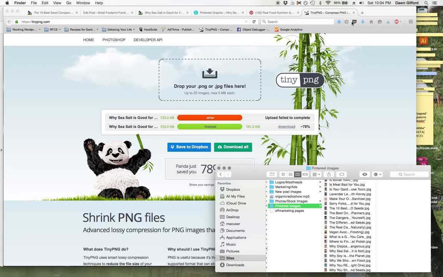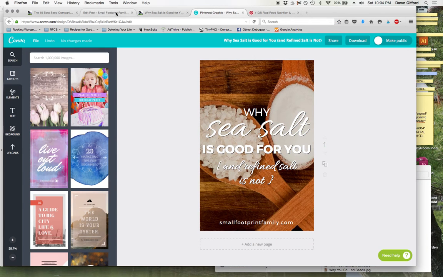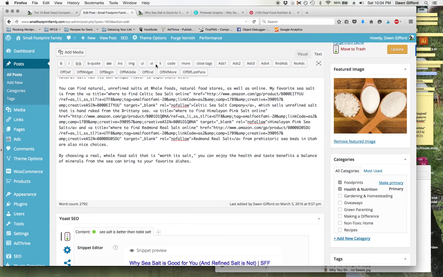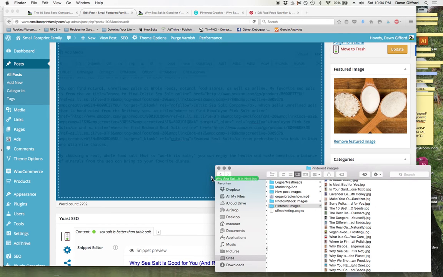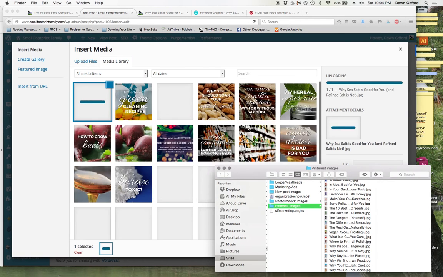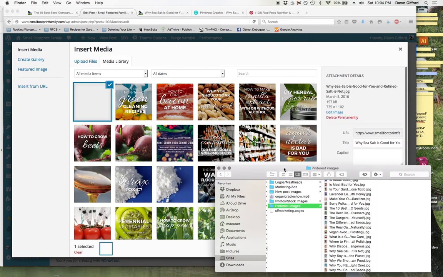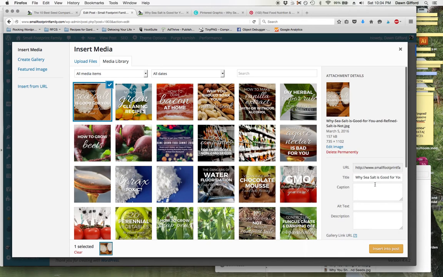Then I am going to go back to my blog post, and I am going to place it into my blog post using the text editor. Now you can see that it's uploaded into my media library. I'm going to make my alt text the same as my title here, and I've chosen, it's the same title